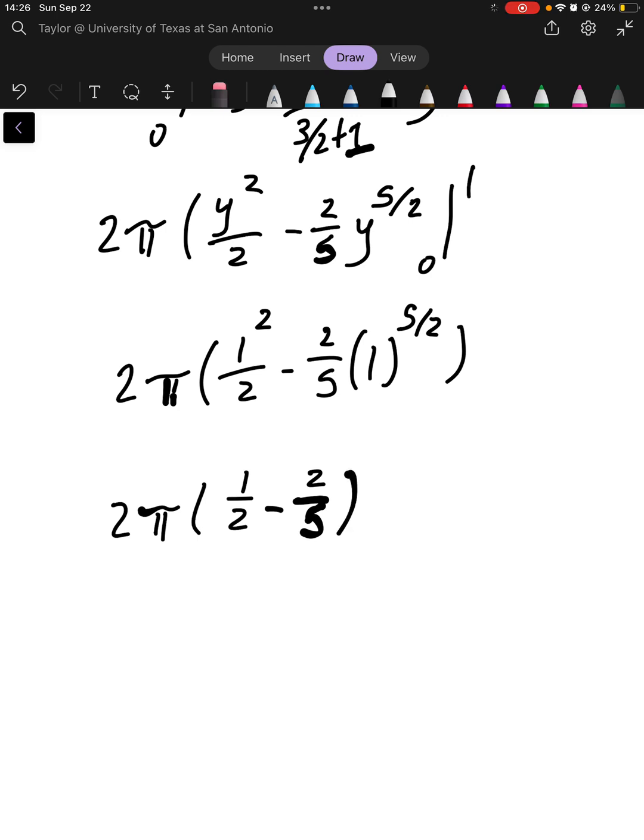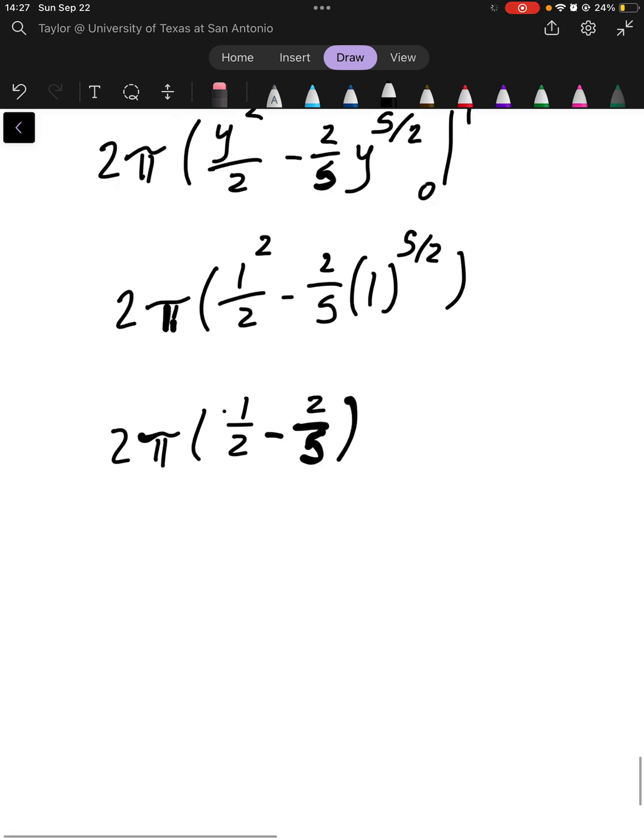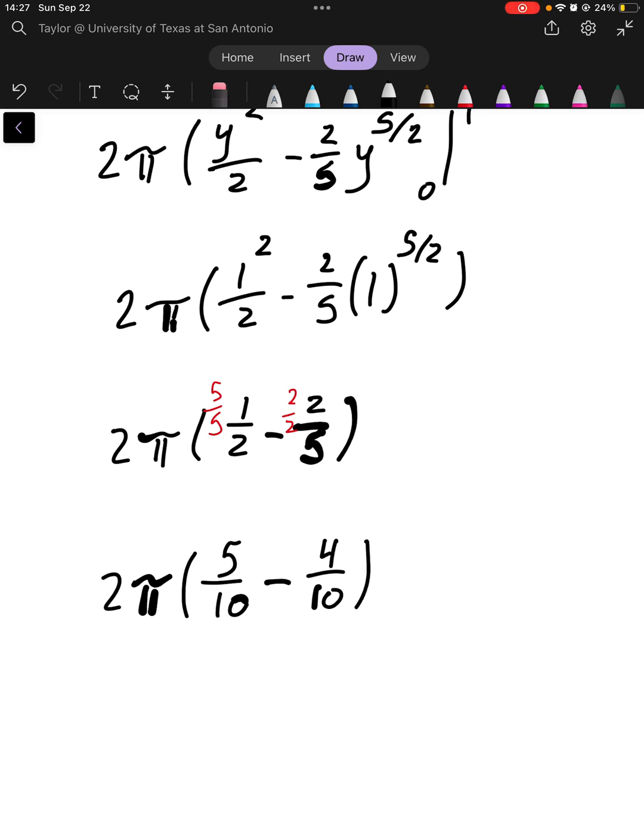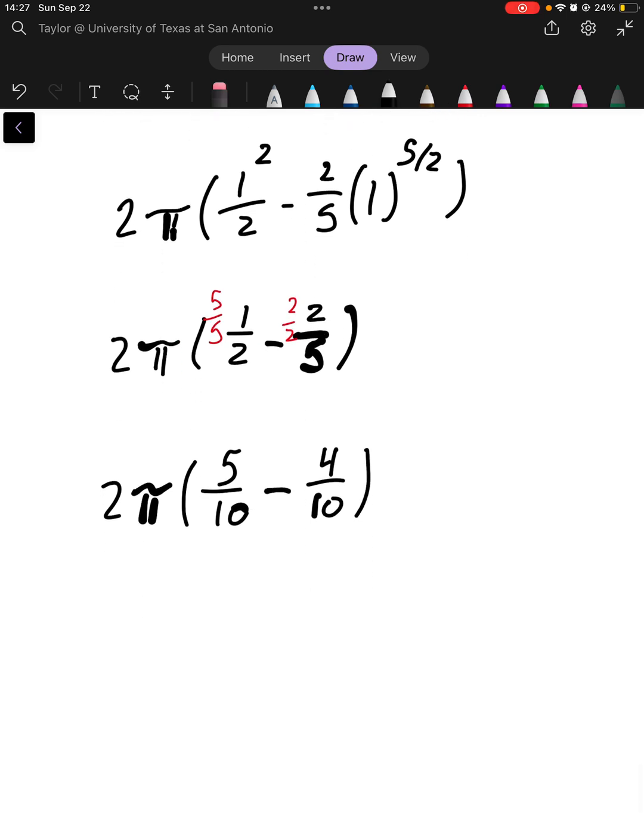And finding a common denominator between these two, I'm going to multiply this by 5 over 5, and this by 2 over 2, giving me 2 pi times 5 over 10 minus 4 over 10, giving me 1 over 10